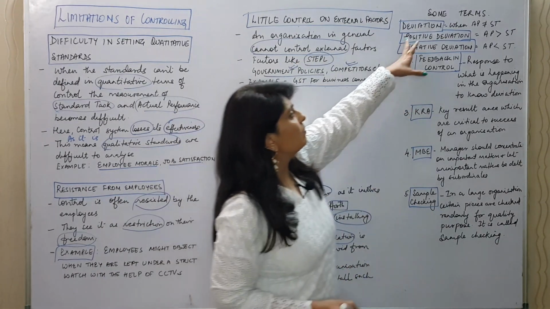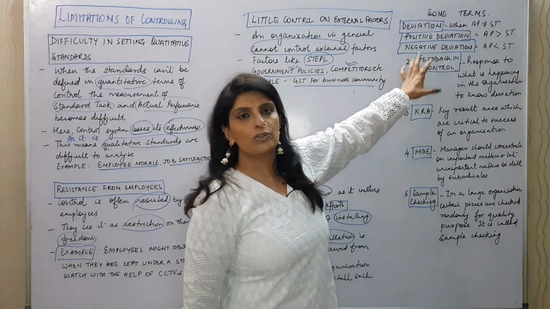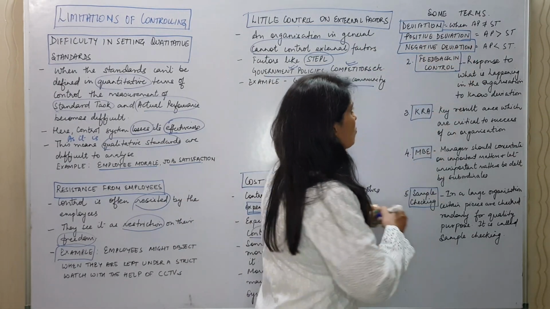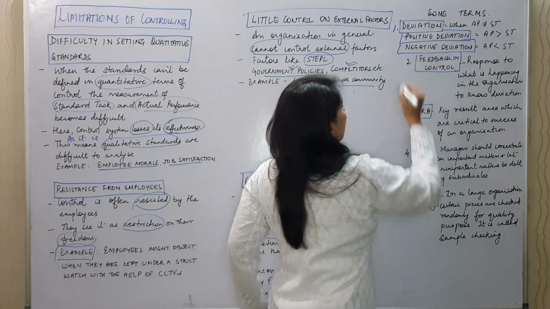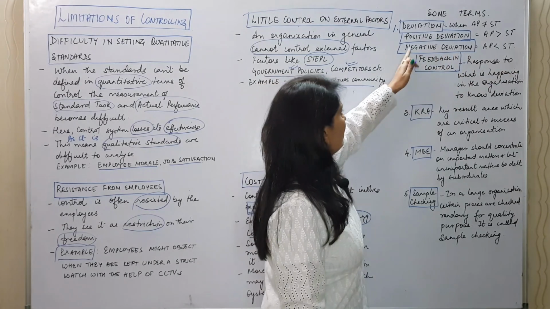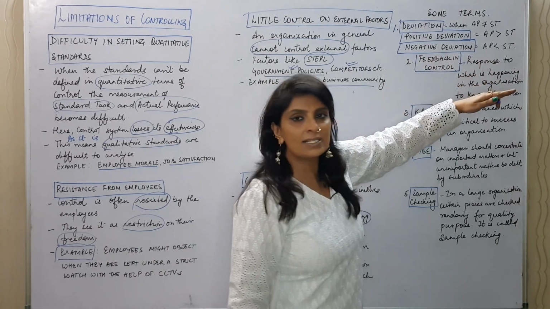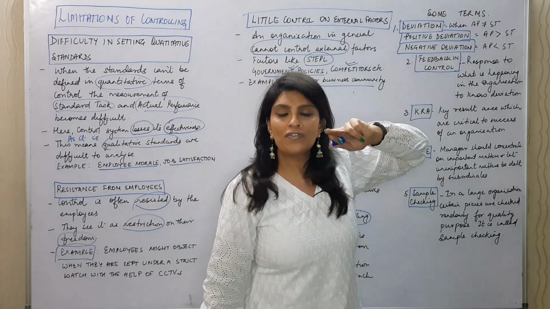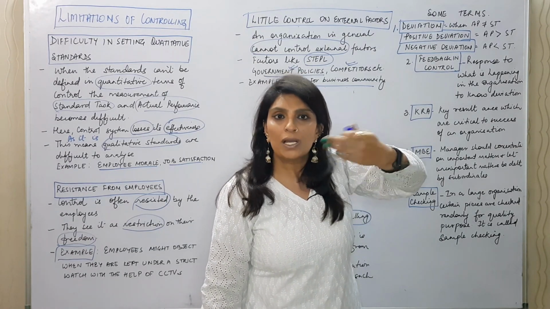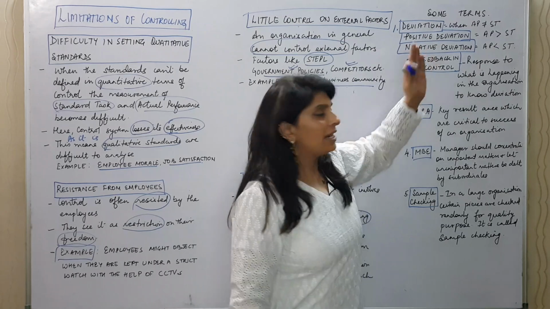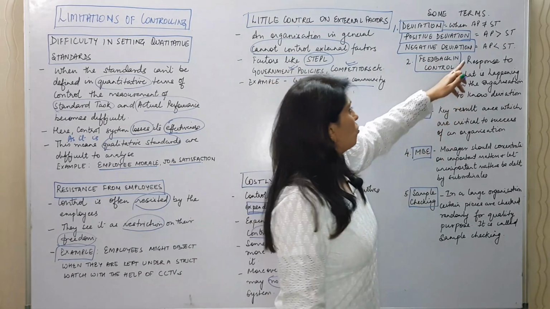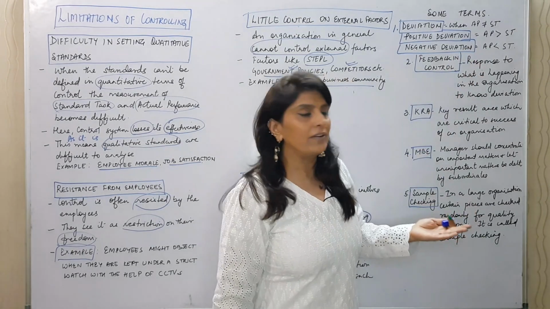Apart from that, there are some terms which I would like to bring to the notice of the students. There is this term called deviation. Deviation means when actual performance is not equal to standard task. Under deviation, there is positive deviation, that is when actual performance is more than standard task. Negative deviation is when actual performance is less than standard task. Like suppose you have a standard task of 100 units and you are manufacturing 120. So that plus 20 is positive deviation. Negative deviation is when the standard task is 100 and you are manufacturing 80 units. So minus 20 is your negative deviation.